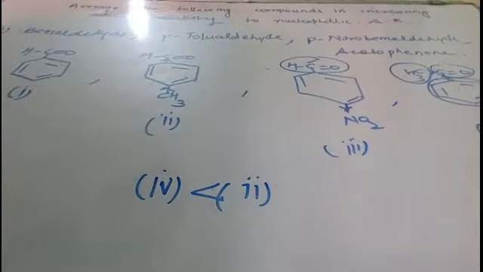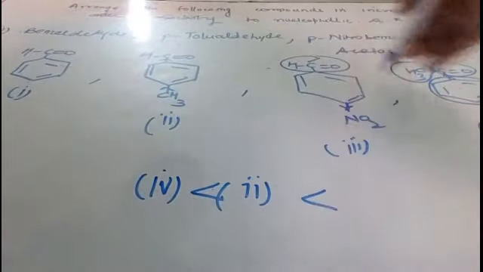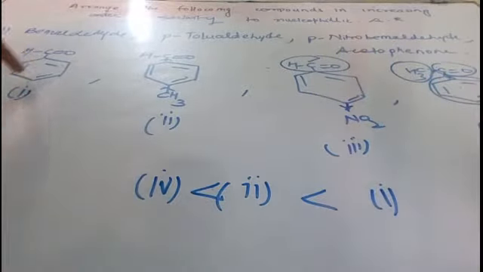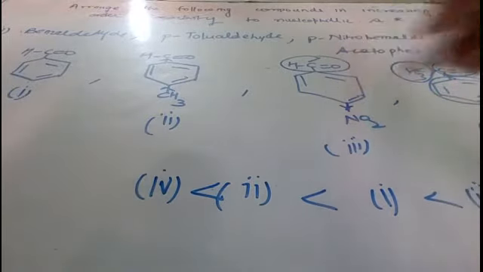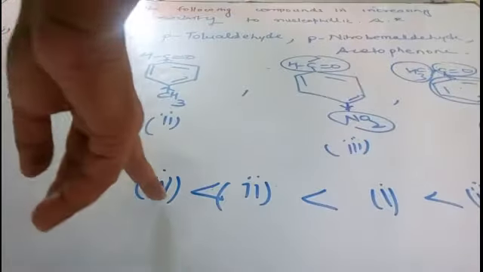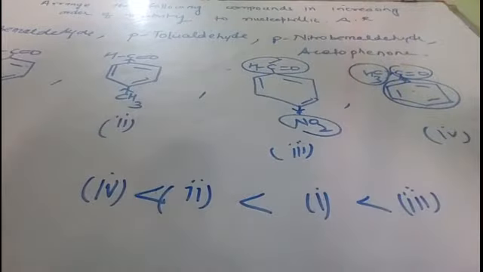that is this one, para-tolualdehyde, because here also electron releasing group is present. And then we will have this benzaldehyde, where only electron releasing group is present, and the most reactive will be the para-nitrobenzaldehyde, where due to the presence of this nitro group the reactivity increases. Understood? So this will be the order, that is 4, 2, 1 and then 3. Got it? 4, 2, 1 and 3. So note down this one.